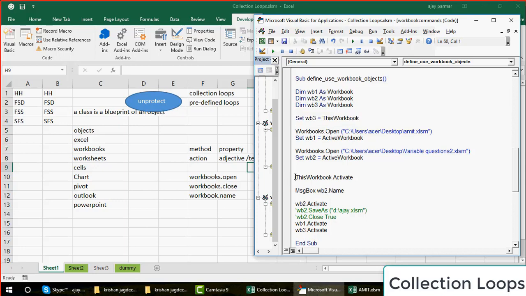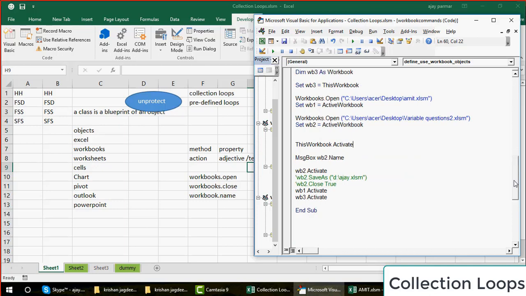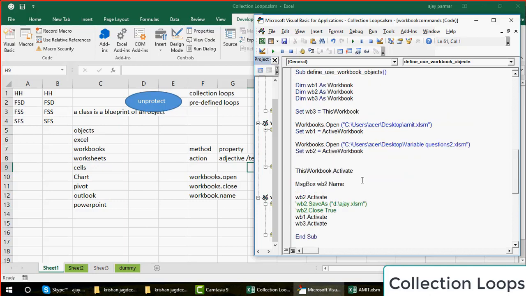So at least for the workbook from where you are running the macro, that can be handled quite easily with ThisWorkbook. You can close it with ThisWorkbook.Close, you can save it with ThisWorkbook.Save, you can do whatever you want. ThisWorkbook is sufficient for us. So this way you can refer to the different workbooks.